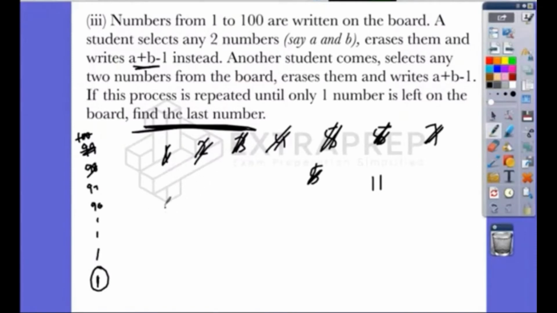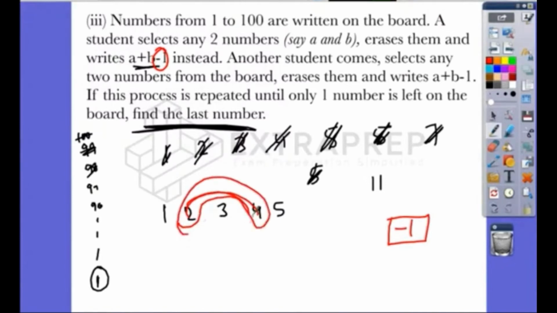Now, any student, when they are coming out of 1, 2, 3, 4, 5, they're selecting any two numbers, adding them up and subtracting 1. This subtracting 1, we'll look into that later. At the last, we'll see. So basically what they're doing is they're selecting two numbers and adding them up. So 2 plus 4 is what? 6. Now 6 plus 3, I'm selecting these two numbers, is 9. 9 plus 5 is 14.